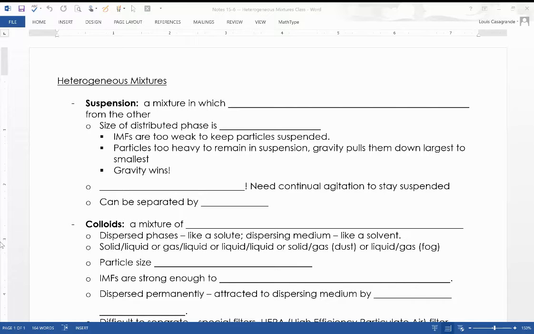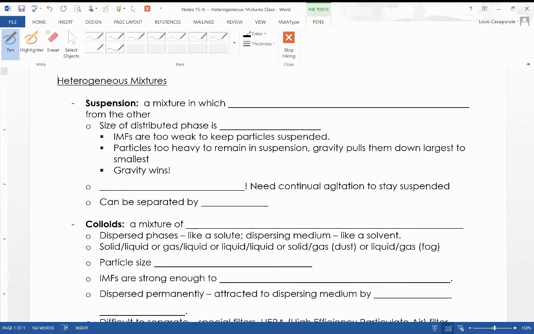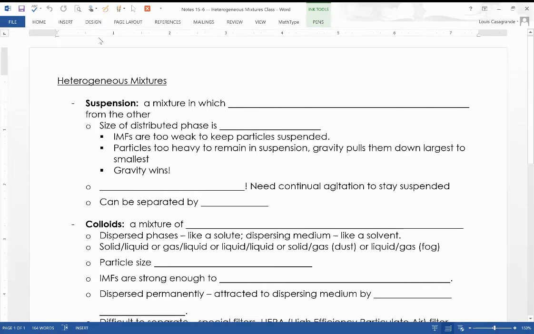For Chem 1 on heterogeneous mixtures. So a while ago, we did cover heterogeneous mixtures, and we looked at heterogeneous mixtures way back in chapter 3. And back then, we talked about heterogeneous mixtures as being a physical combination. Remember, not using the word mixture to define mixture. Physical combination of two or more